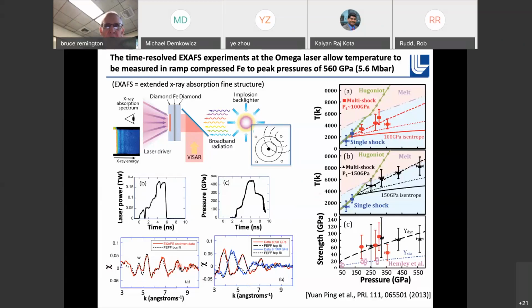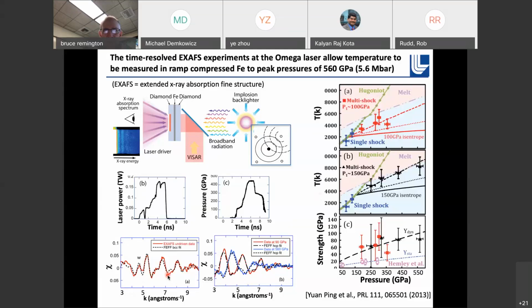And so that interference pattern actually is very sensitive to the temperature of the lattice. When the lattice is cold or cool, the interference pattern is very distinct because the electron wave function scattering off the lattice has a nice static lattice to scatter off of. But when the lattice warms up because of either preheating or because of just the compression work done on it,